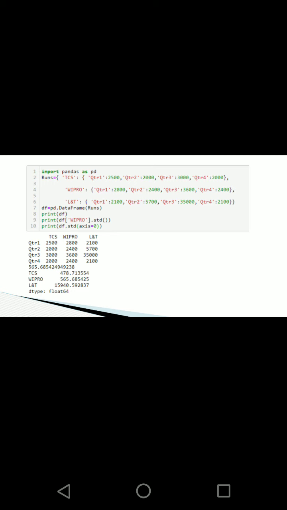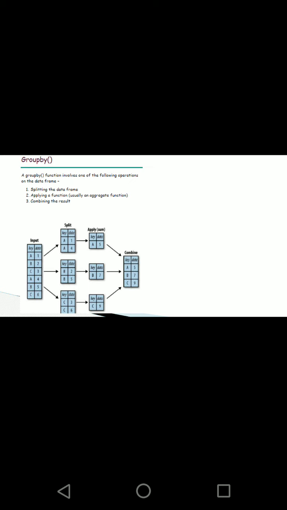You can verify, and those are the mathematical calculations of how to find the standard deviation.